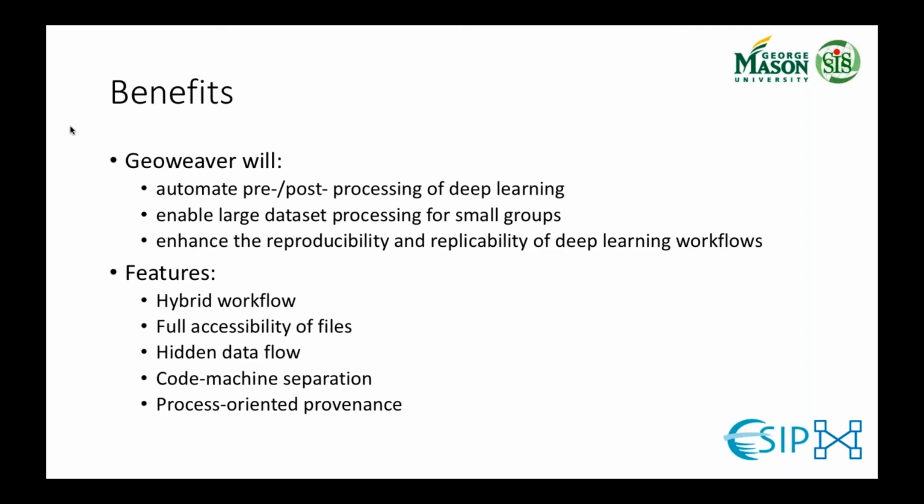So you don't have to worry about once the server is collapsed and the disk is destroyed, your code, your workflow is still there. So that's another feature of Geoweaver. And it also records the process-oriented provenance, which is much better than the data-oriented provenance